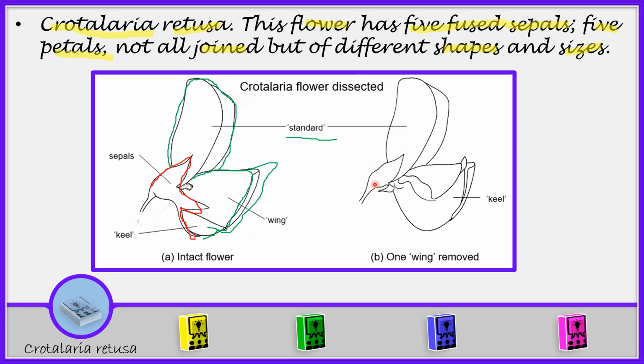Now when you go to this one, this is the flower which we have cut through so that we can remove some part of the flower. And what we see here, we have the standard, which has been cut into 2 pieces. Here, this is the standard. And here we have this wing. This one that you're seeing coming out is a wing. Now, one of the wings, which is supposed to be on this side, has been removed so that we can see what is